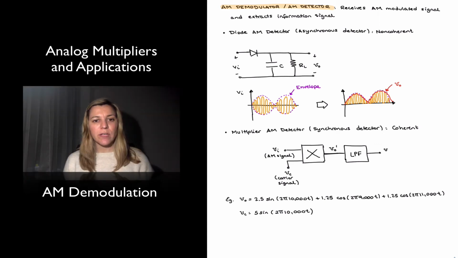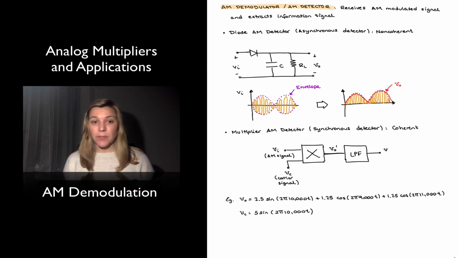Hello. So we have taken a look at the amplitude modulation schemes and how to use analog multipliers to implement them. And now we're going to take a look at the reciprocal operation, which is the demodulation, AM demodulation. An AM demodulator, also known as an AM detector, basically receives an AM modulated signal and extracts the information signal